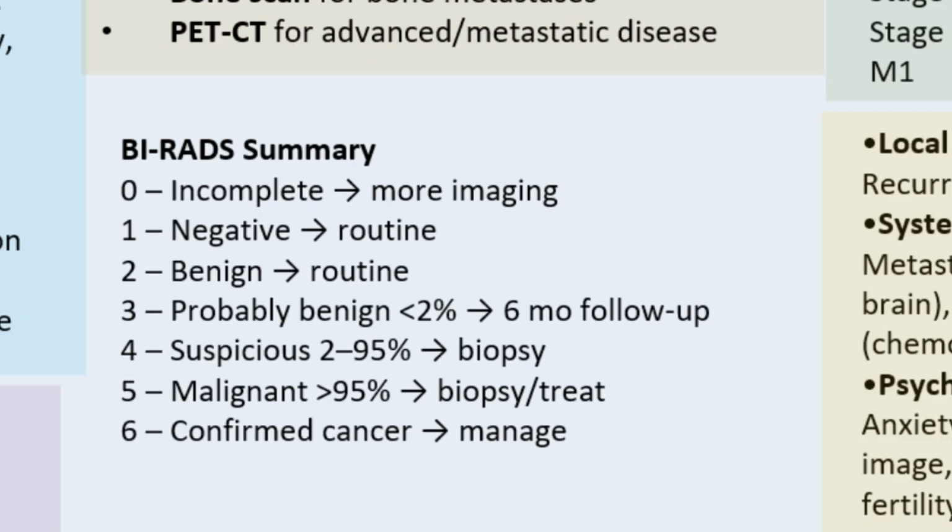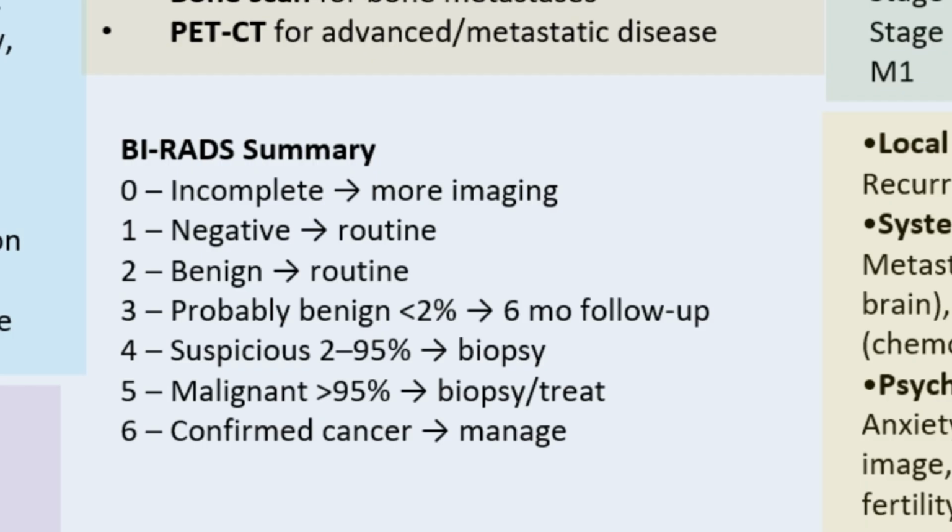Then 2 is when we have a benign finding, maybe a cyst with well-defined borders, small, and we are sure it's benign, then we give it a 2. Then if it's probably benign with less than 2% risk, we give it a 3, and that will require short-interval follow-up. If it's suspicious, we give it a 4, and then we'll mostly want to go with